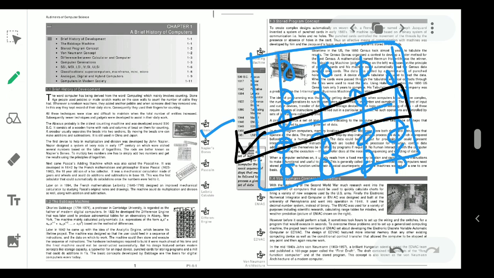By moving the beads, one can do addition and subtraction. It is still used in China, Japan, and India to teach mathematics to students with this counting technique. Now